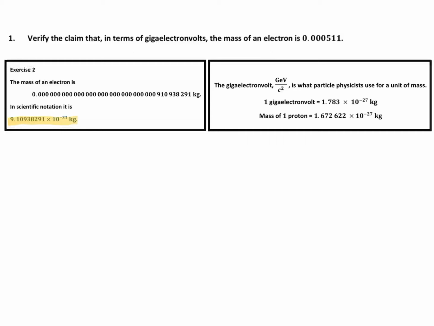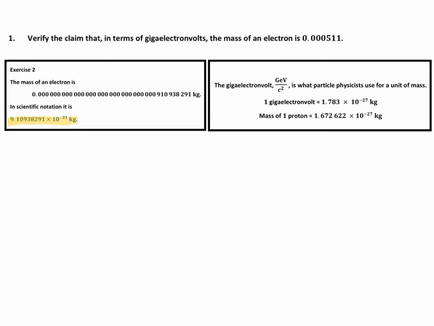In terms of giga-electron-volts, the mass of an electron is 0.000511. To answer this question, you need two pieces of information from the lesson. So you've already seen it by the time you're getting to this homework. Exercise 2, it said the mass of an electron was that, and we wrote it in scientific notation today during your lesson. And we rewrote it as